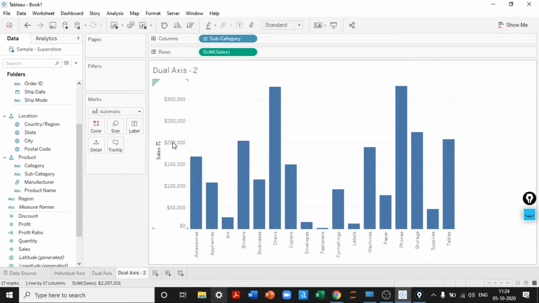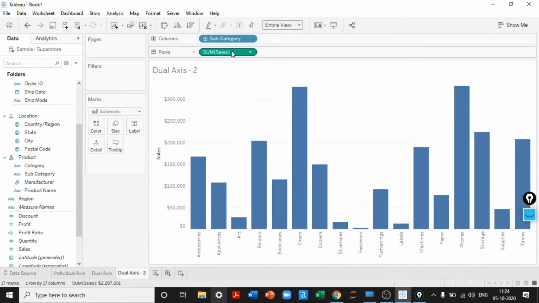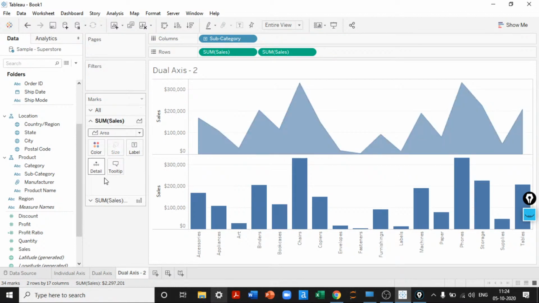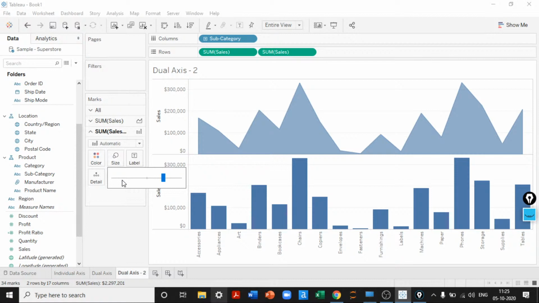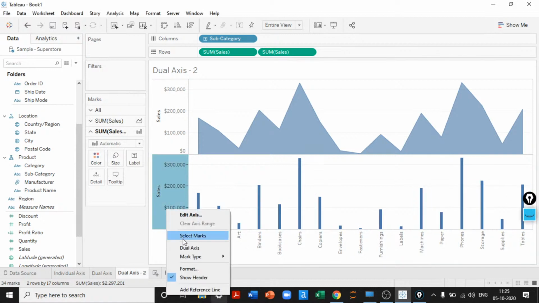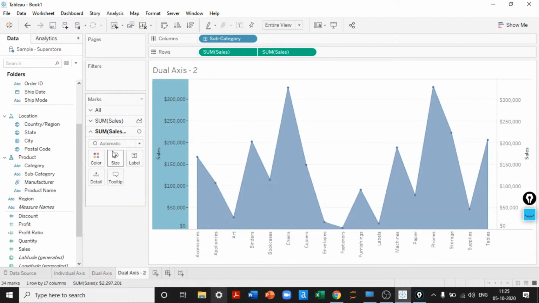So first let me put everything in full view and then duplicate this. What I wanted to do was keep the first chart as an area chart and the second chart as a bar chart, but the size of the bars should be literally small. So I'll create dual axis on the second one, and then I'll go to the second chart, change the chart type to